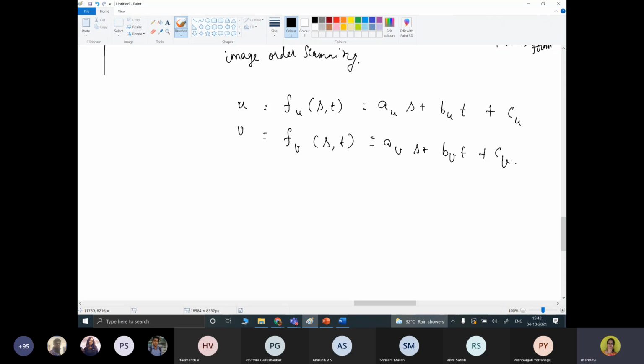Object to image space mapping is accomplished with the concatenation of viewing and projection transformations. Already we have discussed this. This is from texture to object, and the next step is object to image space, done with the help of viewing and projection.